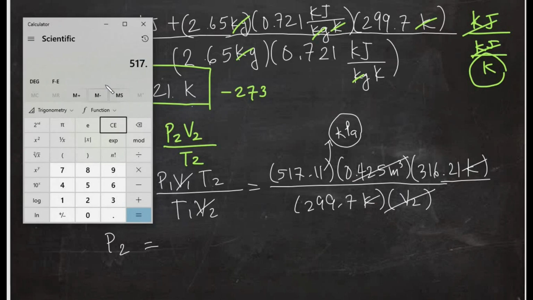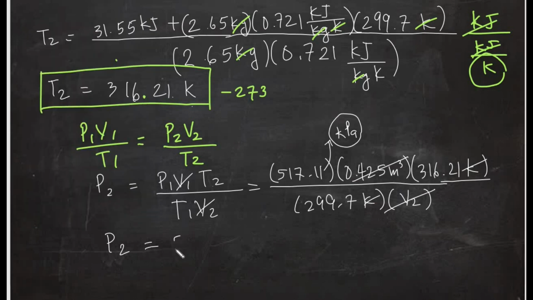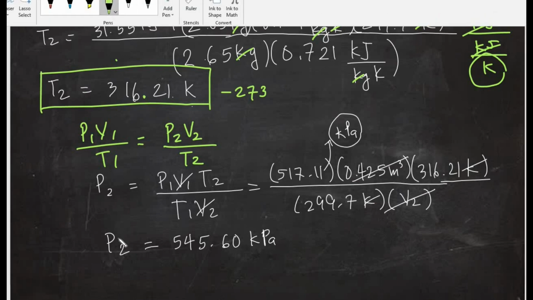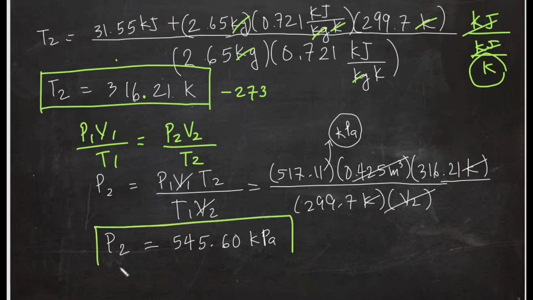So 517.11 times 316.21, then divided by 299.7. So the answer is 545. Let's just round it off to 545.60 kilopascals. Okay. So that's it for our two problems regarding